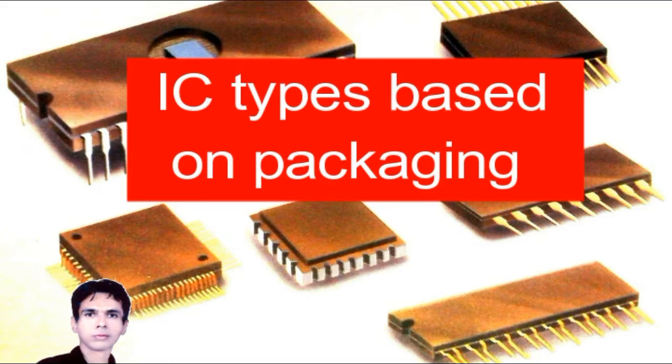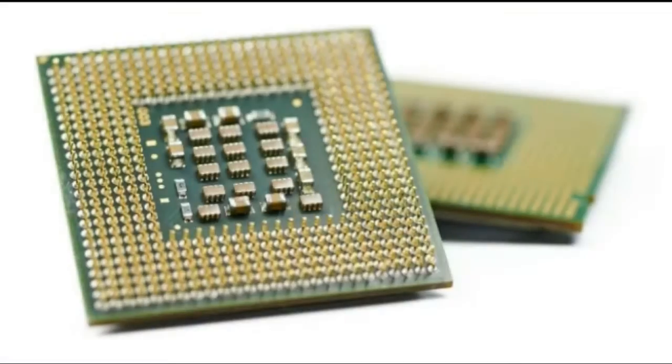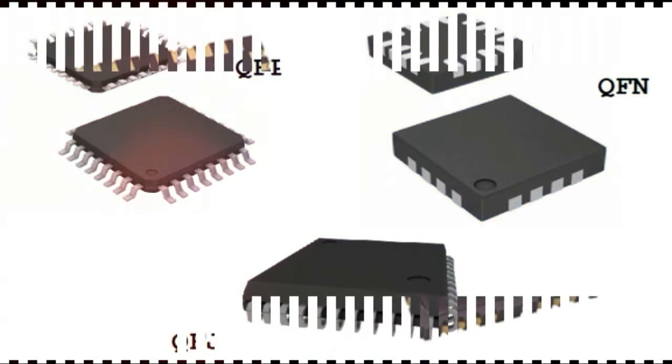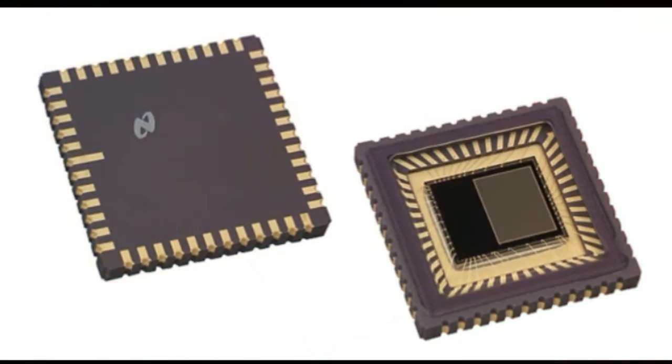IC types based on packaging. ICs are divided into different categories based on the different packages applied to them. These packages protect the ICs and connect them to the board or system. Some common packages for ICs are